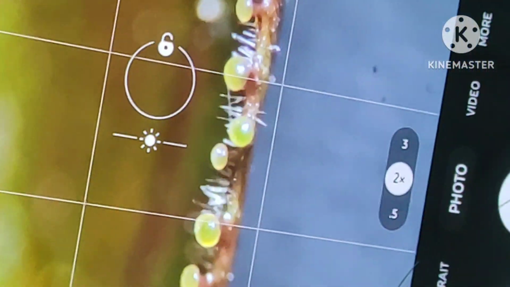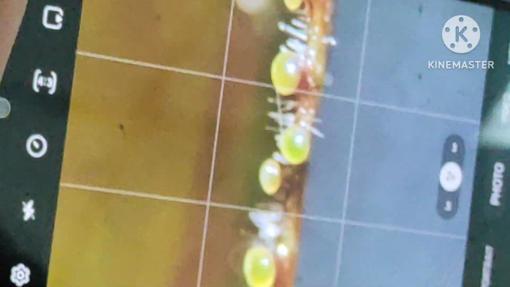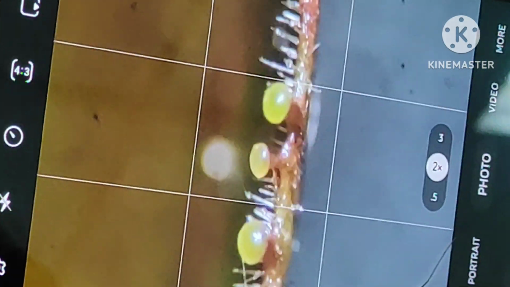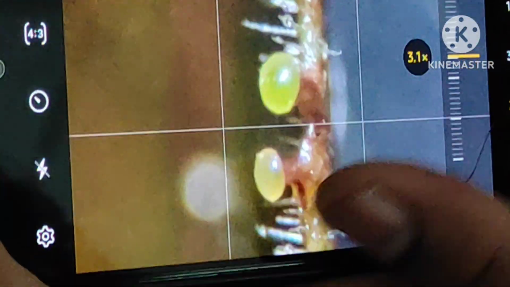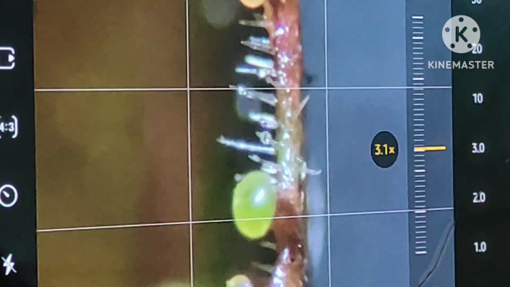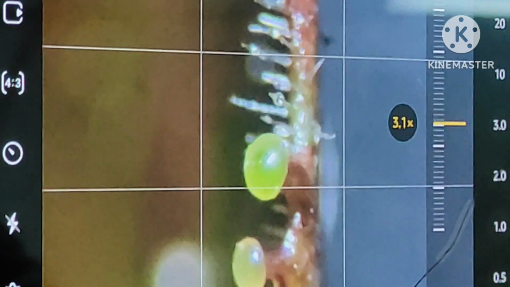If we observe the same type of glands, generally these are sessile as well as stalked. A very small stalk is present. These are called glandular trichomes, and in between these green glands we can see non-glandular trichomes also present on the margin of the leaves of the Jatropha plant. Very characteristic feature. We cannot see this through naked eyes, right? That's why we have used a stereo microscope here.